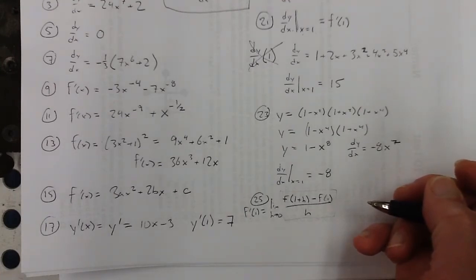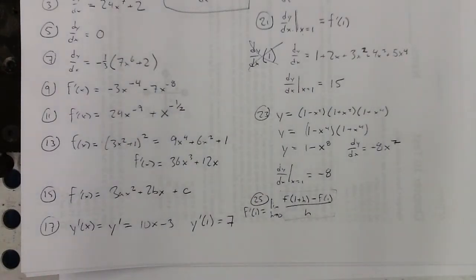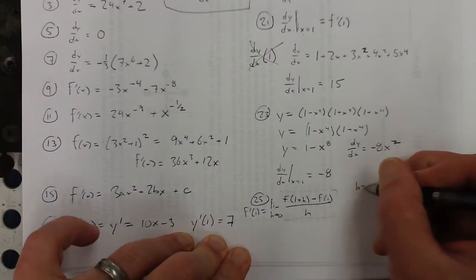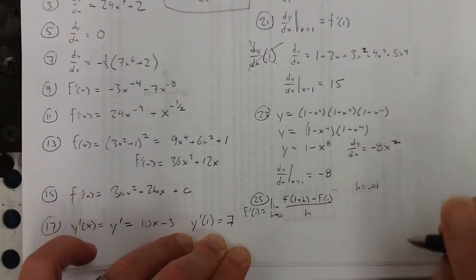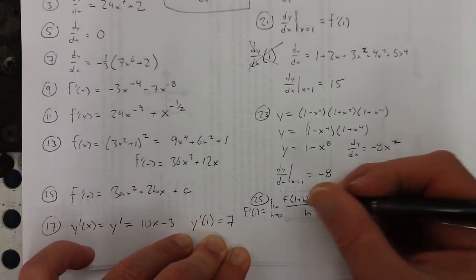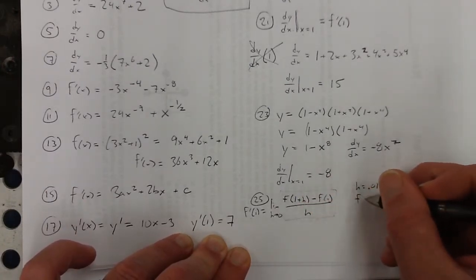So how about like 0.01? Let's try that. I think I'm going to have to bust out a calculator to do that. Maybe if I do 0.1, maybe I can do that by hand. Let's see. Not feeling too good about that with the x cubed, though. Let's just do for h equals 0.01, and we'll break down and use a calculator because this is just an annoying problem. So that means I need to find f of